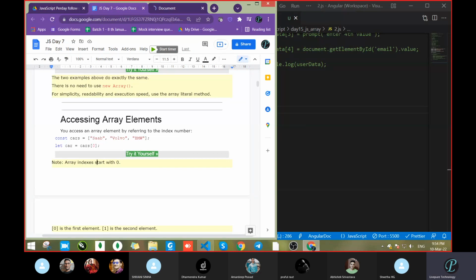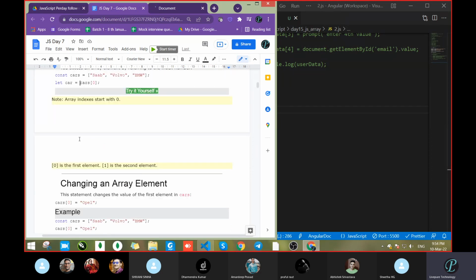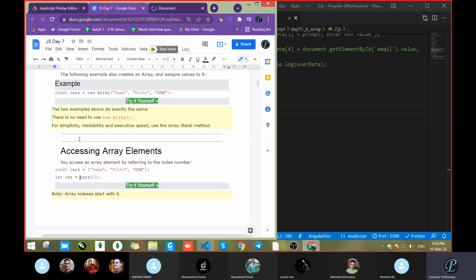Okay, so see how we can access the data of the array by the index value. Clear? With the help of the index we can access the data like 0, 1, 2, 3, but for the last element, always keep in mind, with the help of which one? Abhishek, if you have to access the last element, how can you access it? Which one will be good actually?